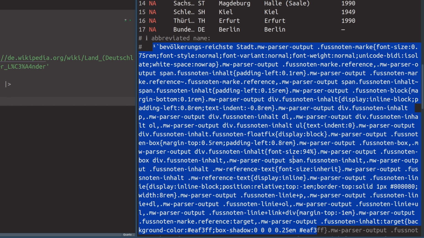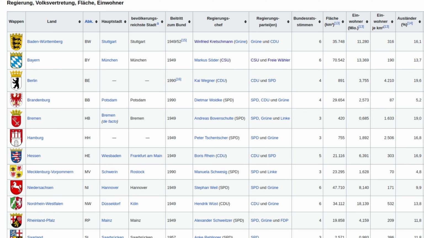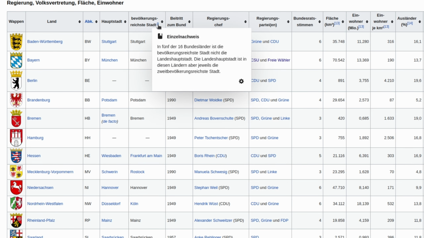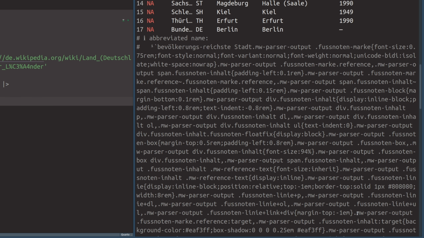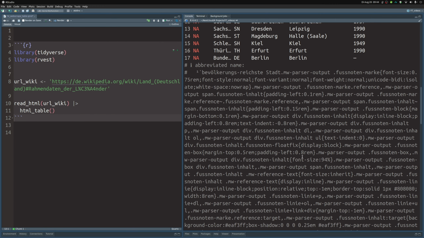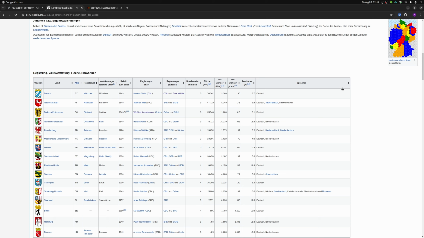And the reason why that happens is because if we look at the original Wikipedia page, then on there, we see that there is a footnote. And well, the footnote is exactly what we can see inside of this stuff here. And this should already be a clear sign to you that we do have a little bit of cleaning work ahead of us. Another thing I want to draw your attention to in the original table is that, wait,